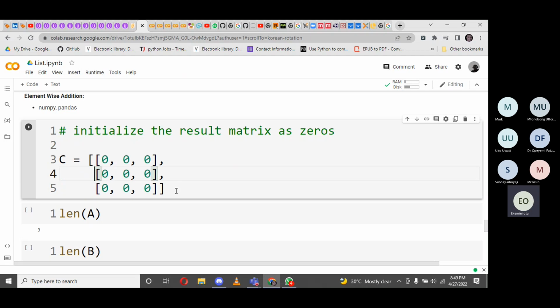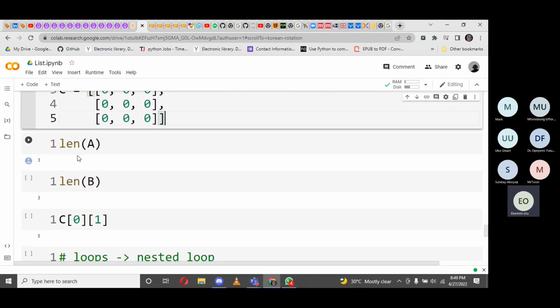Okay, I think it's better now. So we can see what we did here. We call the length A, length B now. It will be 3 and 3. So now, guys, if you want to get